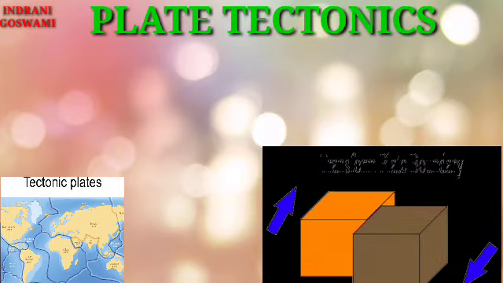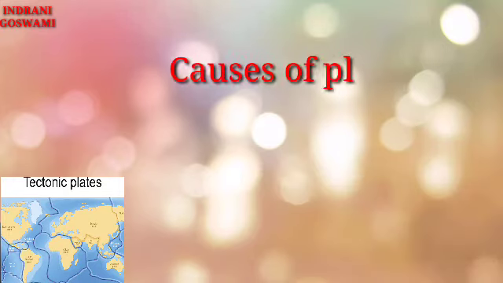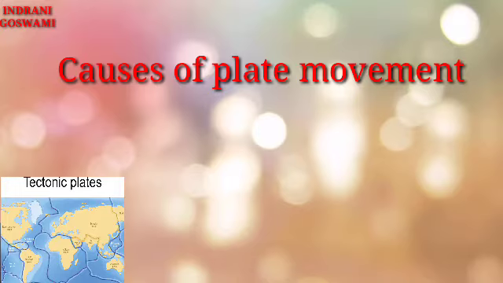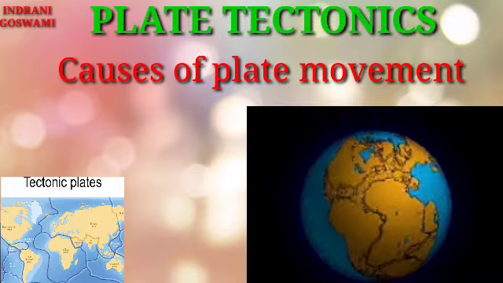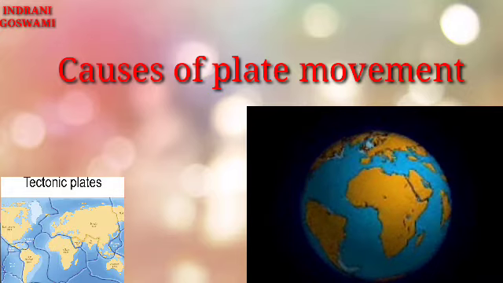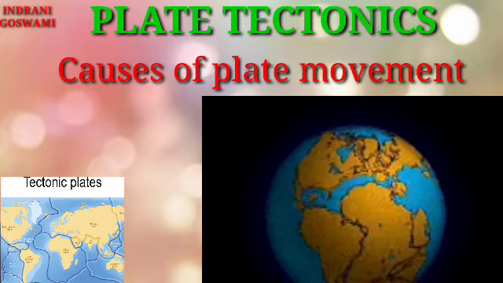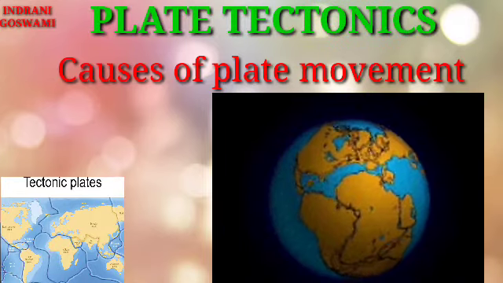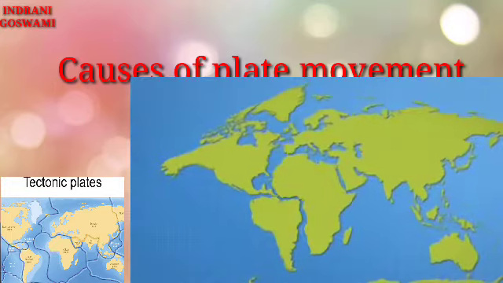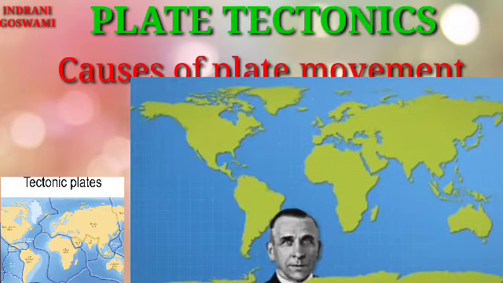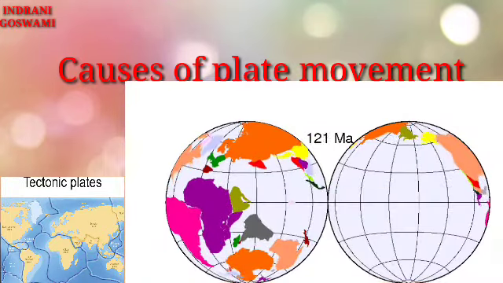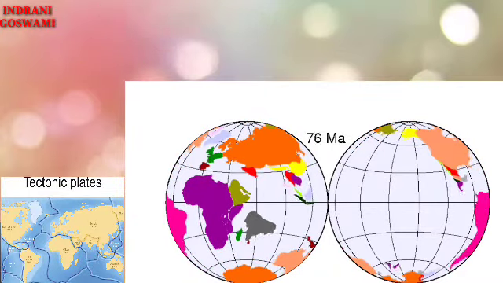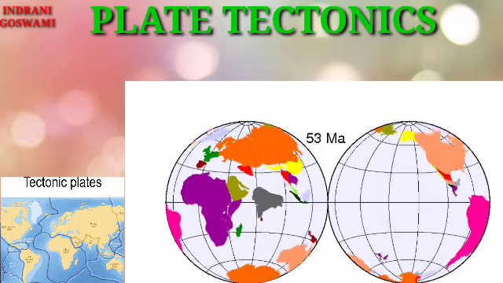Now next point will arise, that is what are the different causes that act behind this plate movement. So the greatest obstruction to the acceptance of CDT, that is continental drift theory, in the early 20th century was the difficulty of understanding how the continents composed of sial could possibly sail like ships. So in CDT by Wegener we have seen that continents, they all are moving far away from each other.